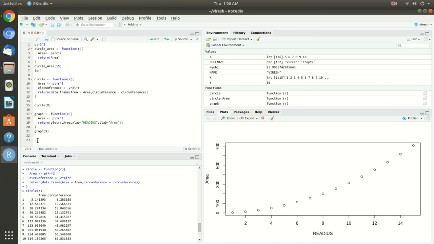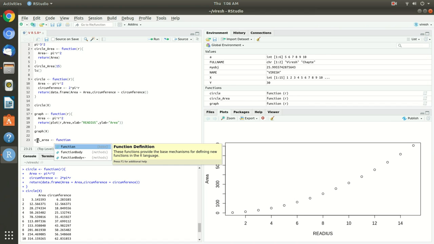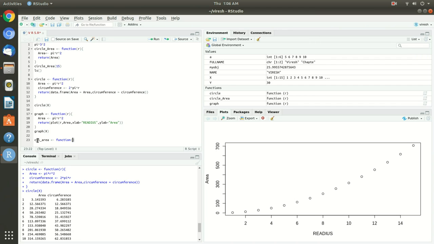Let's check it out. It's cylinder underscore area. So I'm writing a simple function here. Remember that in the function we are fetching two values, r comma h, starting with the function, then